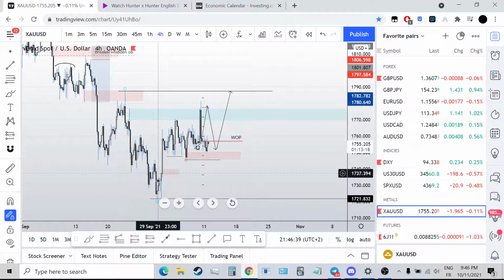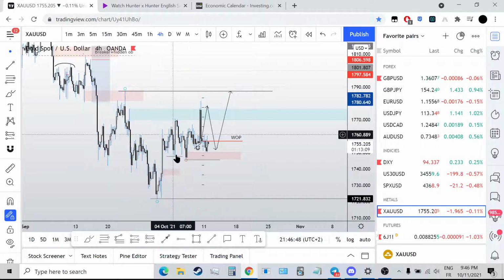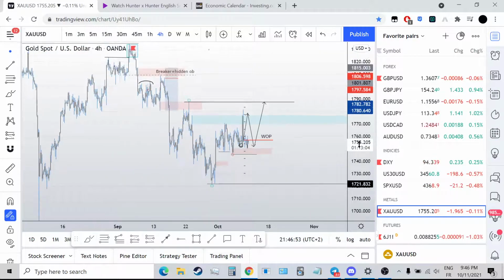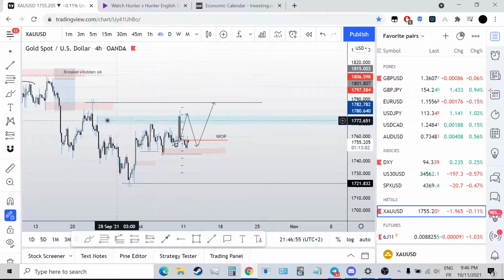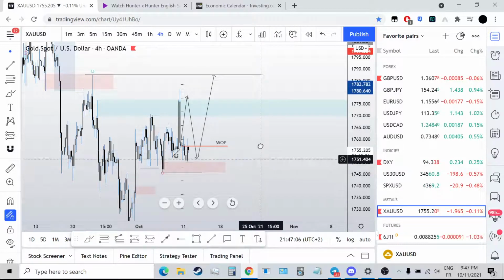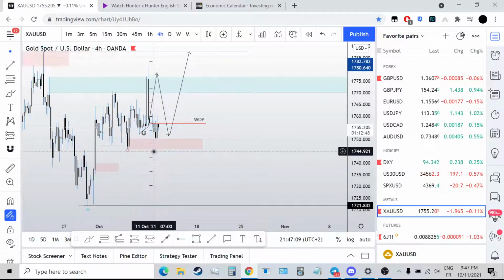This is your market maker buy model reversal, right? This is the reversal. Low risk buy, whatever. And then you got some accumulation right here, and we could start going higher, and this is where trend can shift. But this could probably be the end of it right here, and it came and took this out. This could be the end of the consolidation to be taken out, and we could start shifting back bearish. Now right here I was looking at this as a protected low, and we did come into here.